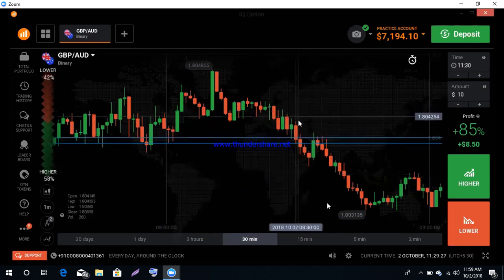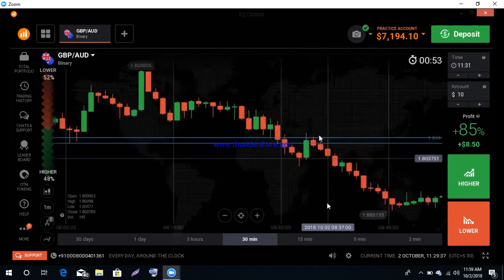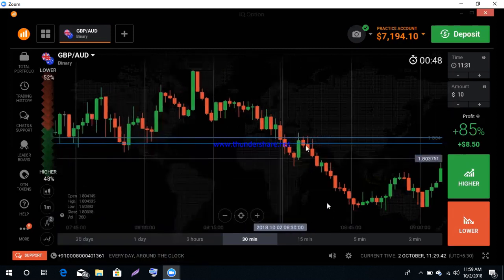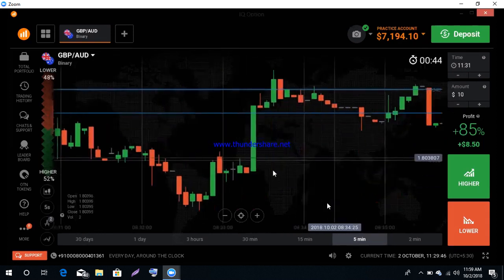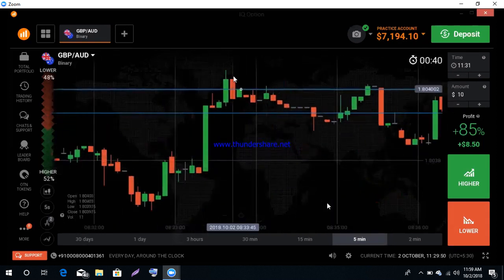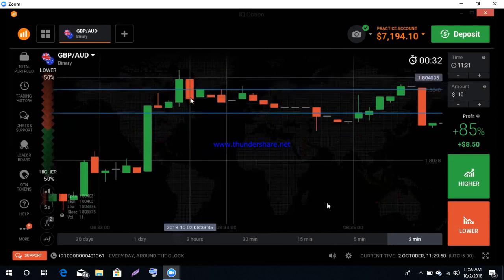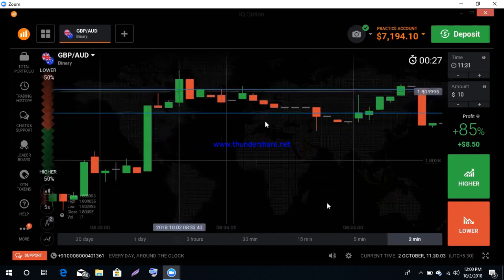Okay, you can see this is the breakout. You can see when market closed below the level with rejection, the next candle reversed. But you can trade here with confirmation. I will show you the confirmation. Just wait. The market is not good actually. Okay, we already got one confirmation in the previous candle. This is the confirmation, and when market came to this level, sellers entered. This is the confirmation for sellers.